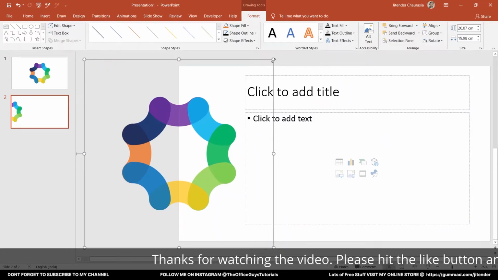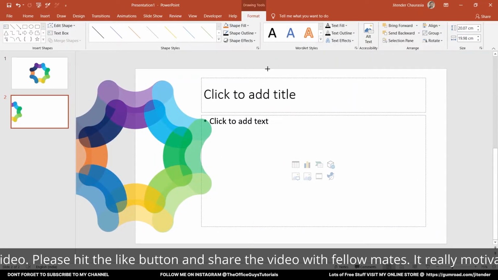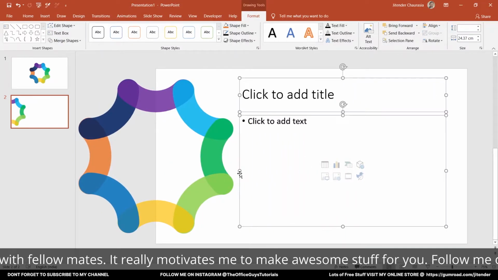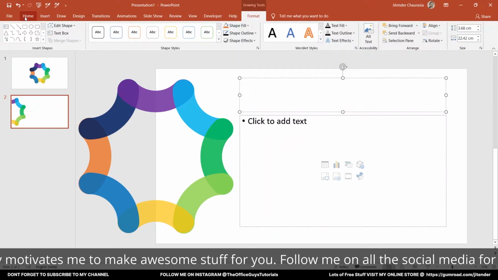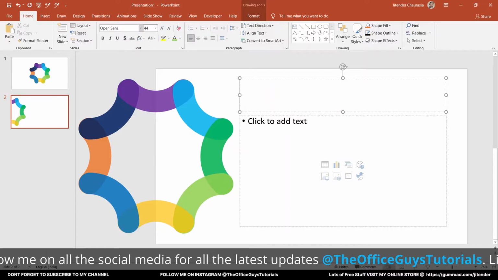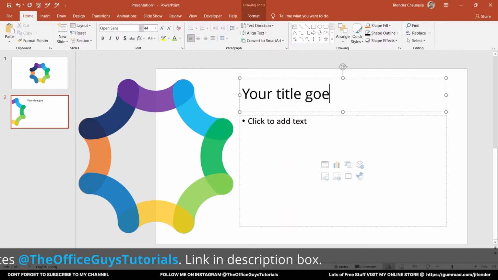and I'm thinking to increase the size a bit. So I'm pressing Ctrl and Shift together and stretching it. So here we go. Let's reduce the text box, and I will change the font to something nice. Open Sans will be fine. And let me just name it, your title goes here,